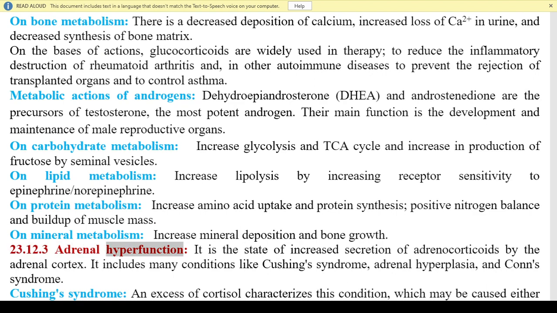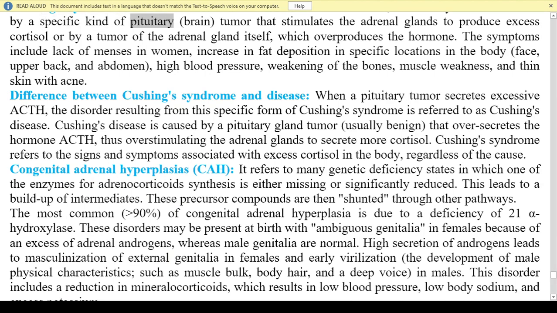3.12.3 Adrenal hyperfunction. It is the state of increased secretion of adrenocorticoids by the adrenal cortex. It includes many conditions like Cushing's syndrome, adrenal hyperplasia, and Conn's syndrome. Cushing's syndrome, an excess of cortisol, characterizes this condition, which may be caused either by a specific kind of pituitary,